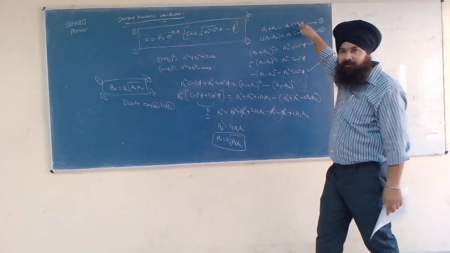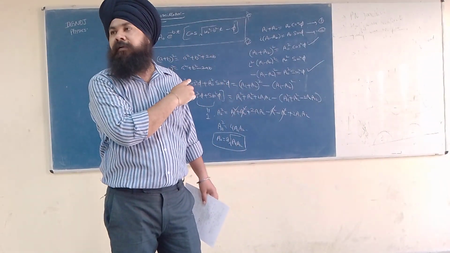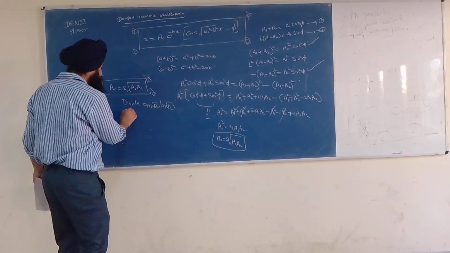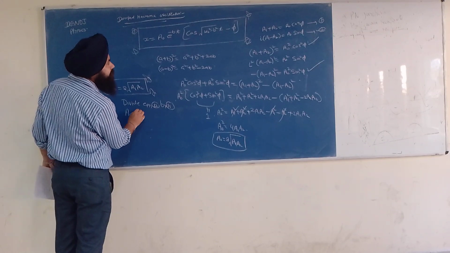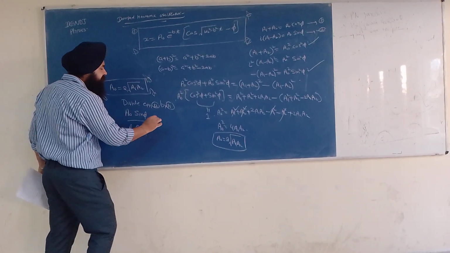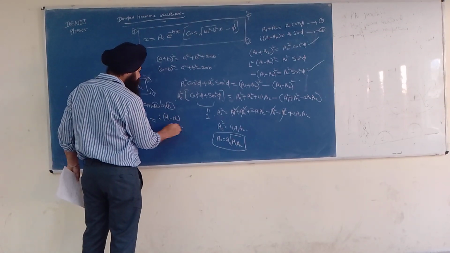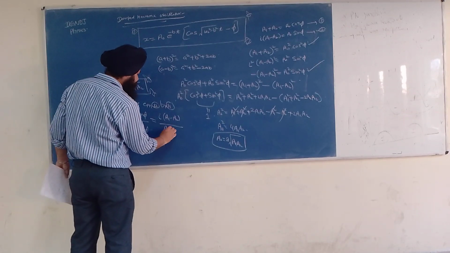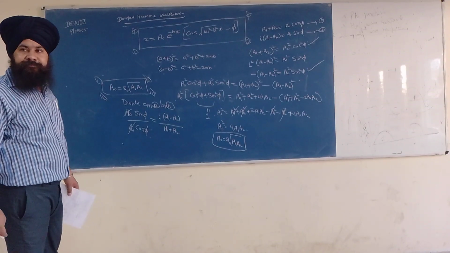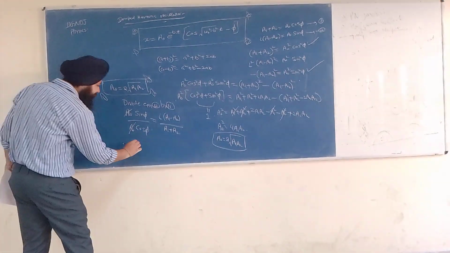Sin by cos. Are you getting things or not? See, it becomes a0 sin phi divided by a0 cos phi is equal to i times (a1 minus a2) divided by (a1 plus a2). This a0 cancels out with this a0, and it becomes sin by cos, tan. Tan phi is equal to